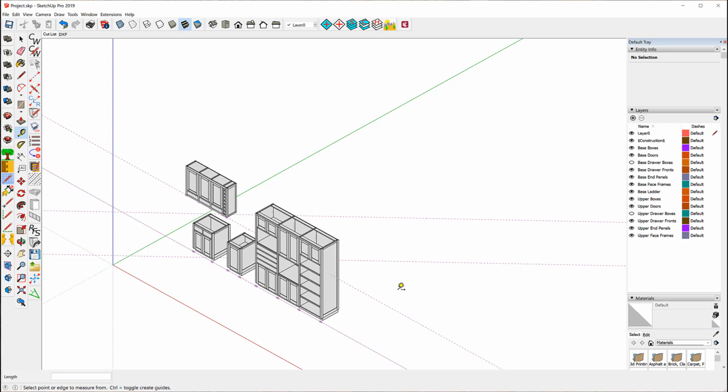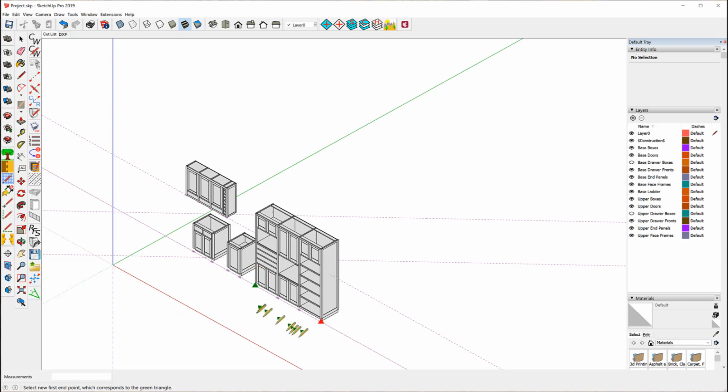So now I want to show you how this move tool works. What I'm going to do is I'm going to move this cabinet right here, and I'm actually going to turn it around and put it on this line right here. And I'm going to do it by moving it first, and then I'll do it by moving and copying it. Or maybe I'll do this one by moving and copying it. So all I need to do is select one component of the cabinet, choose the Move tool,